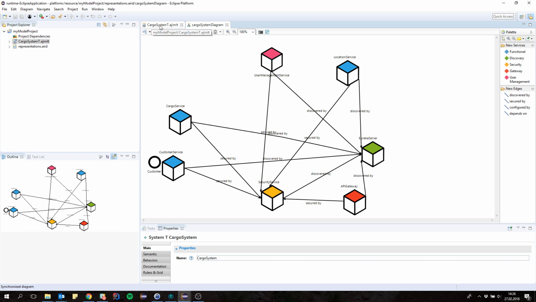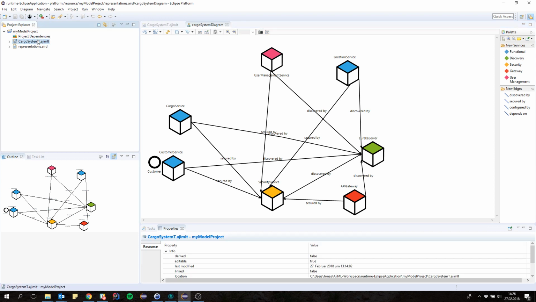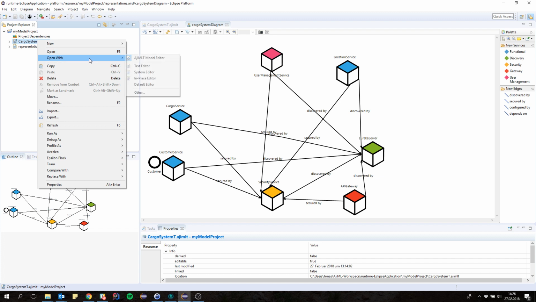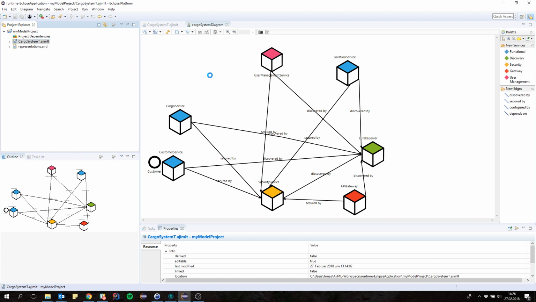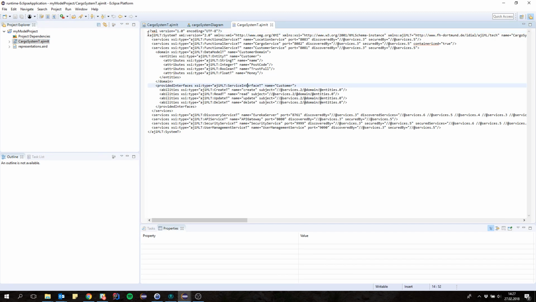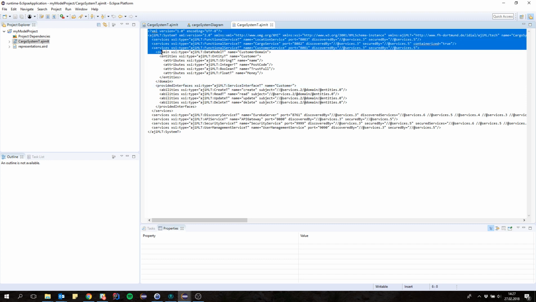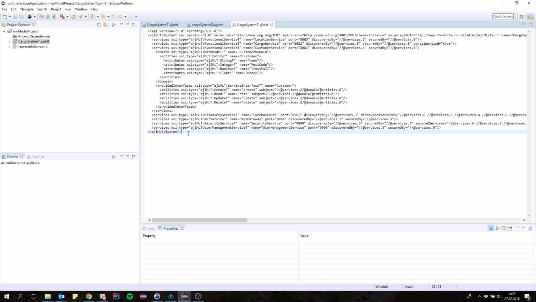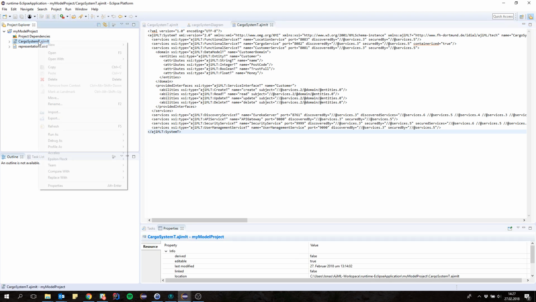I've already opened the cargo system T file. Basically what you get from modeling this in a graphical way with the editor is this file here, the cargo system T file. When you open it with the text editor, you will notice that it isn't that complicated actually. So basically what you need to do now is copy this file,